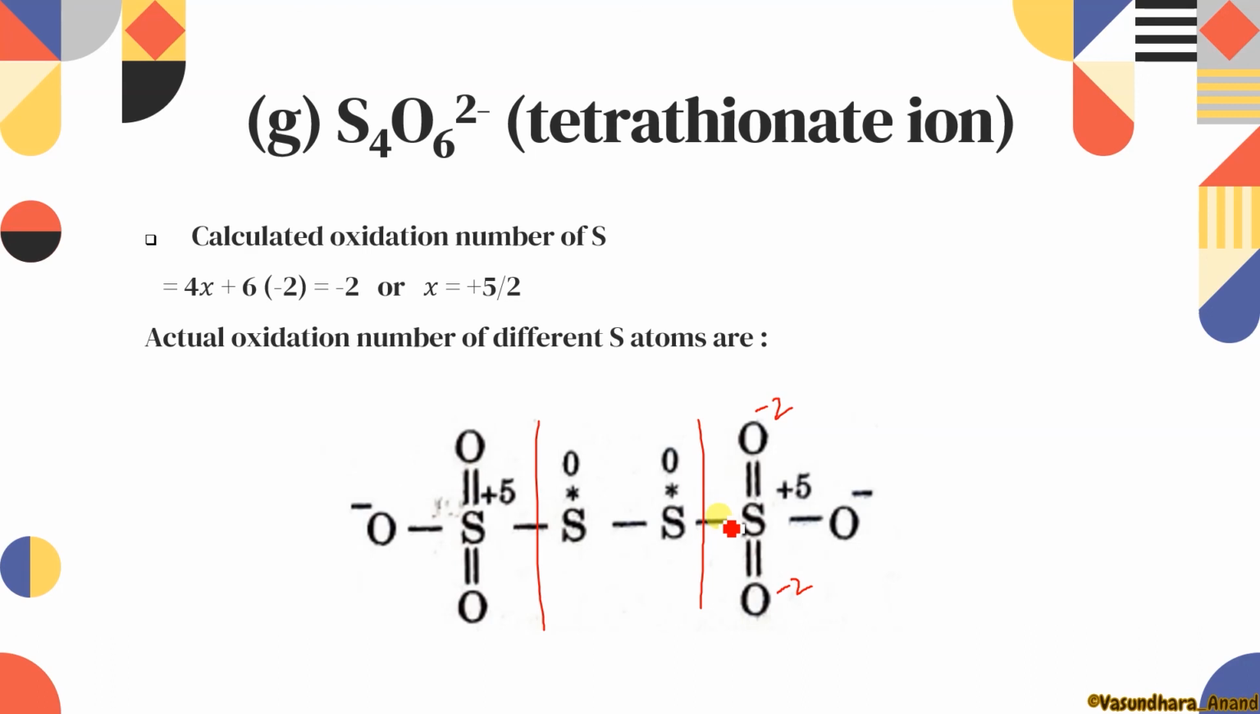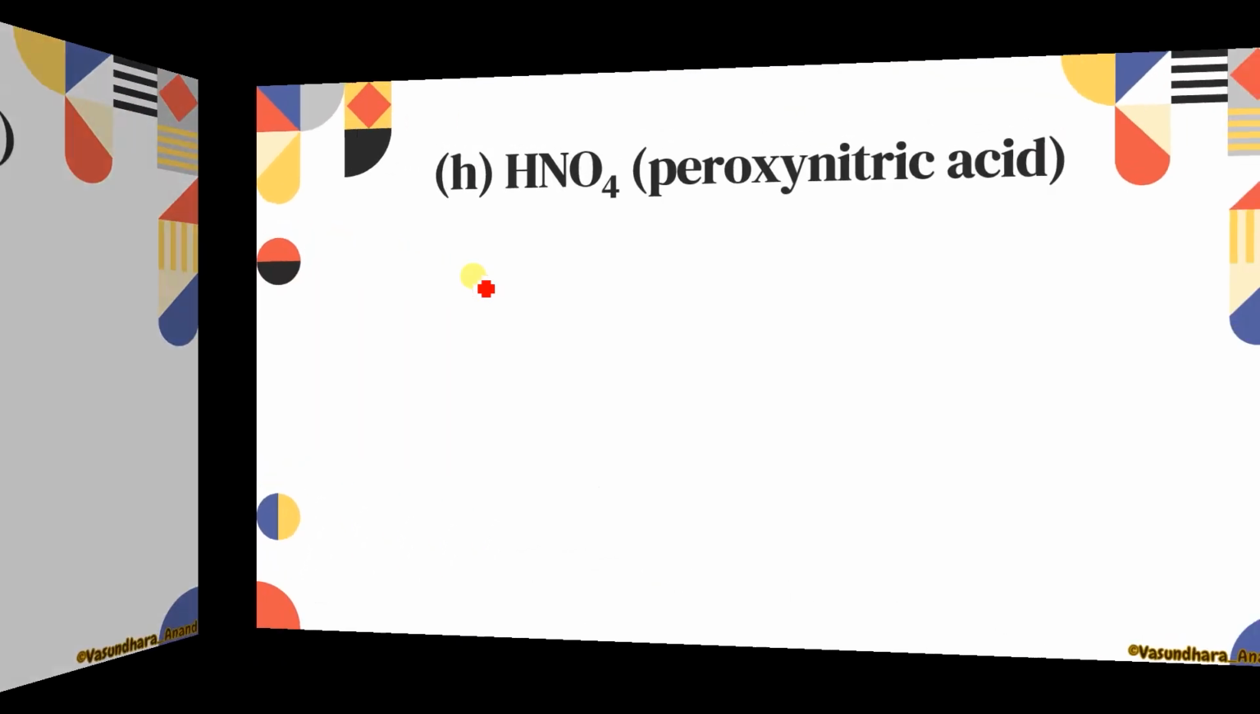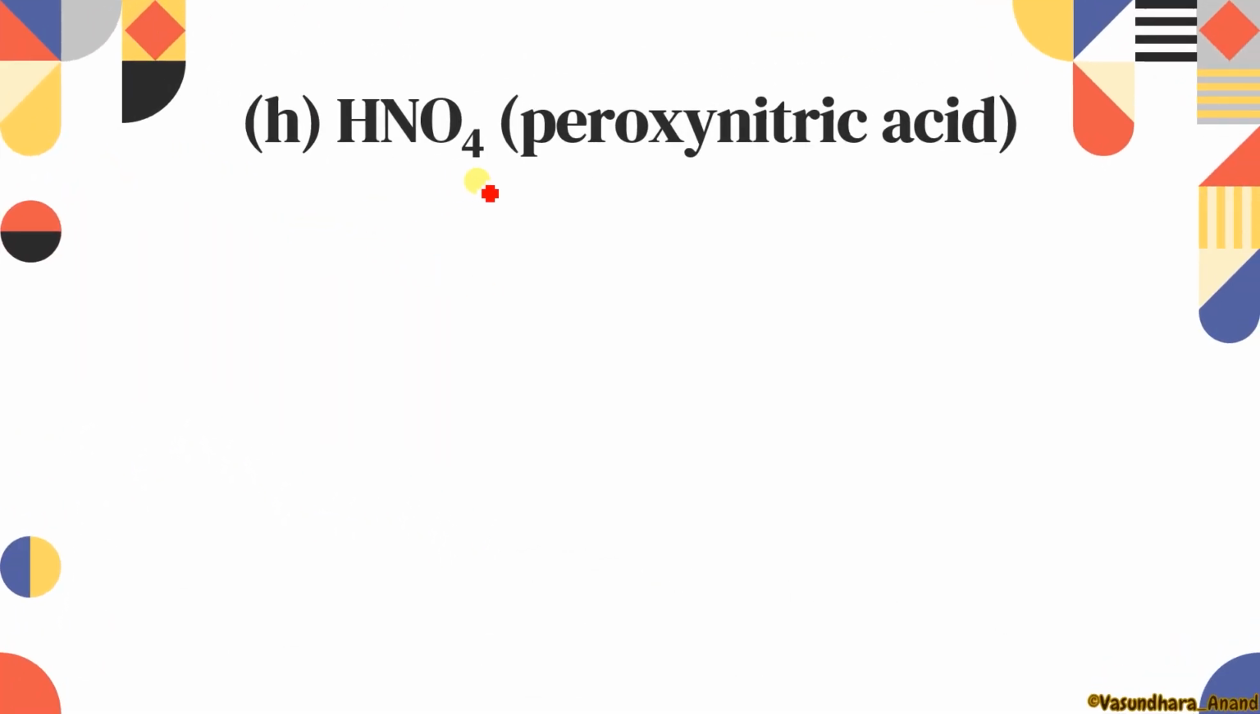Clear? Now find the oxidation number average. If you see, 5 + 5 is 10 upon 4, you are going to get this. Yes? So these types of things you have to learn. These paradoxes you have to learn. Now HNO4, peroxynitric acid. If you find the oxidation number, you will get nitrogen having +7 state over